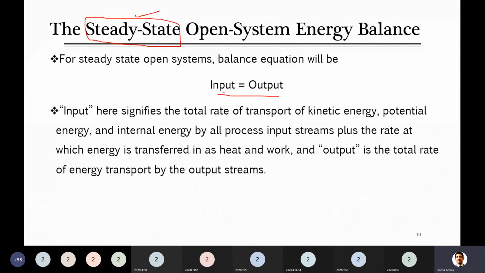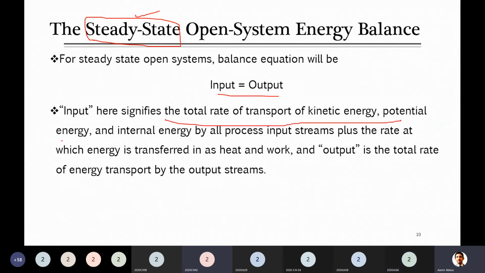So how can energy get into the open system, in the form of which parameters? If you compare it with the closed system, energy can enter into the system in two forms. What were those two forms? Heat and work. Now when you are talking about material coming into this system, along with heat and work, can energy enter in any other form? Yes, sir. Kinetic energy, yes, potential energy.